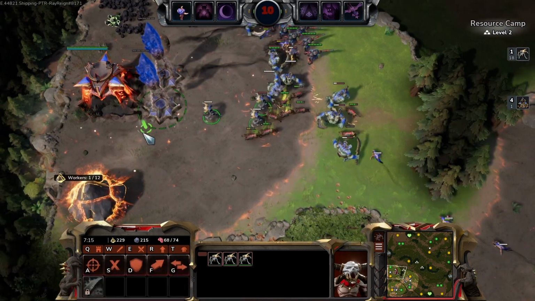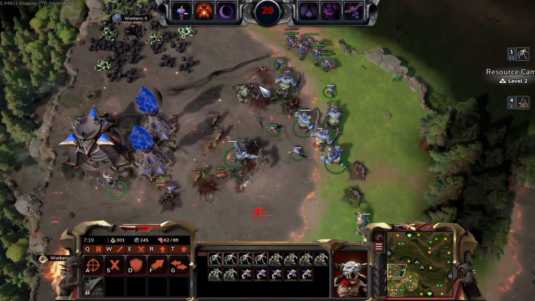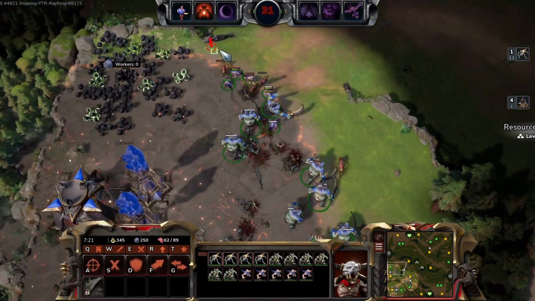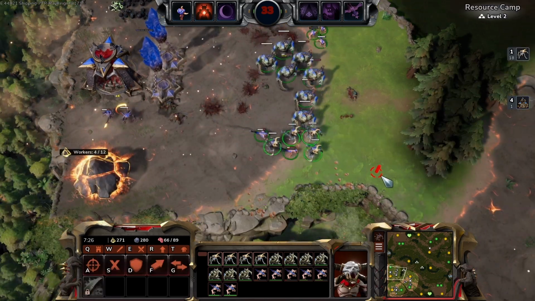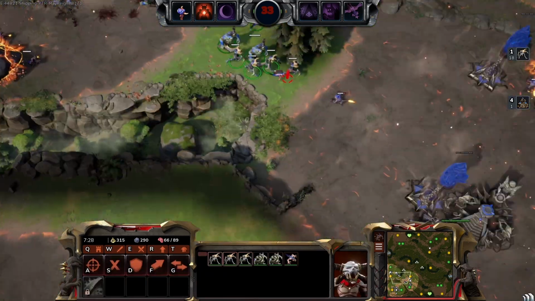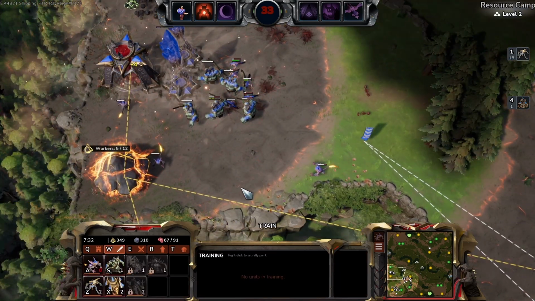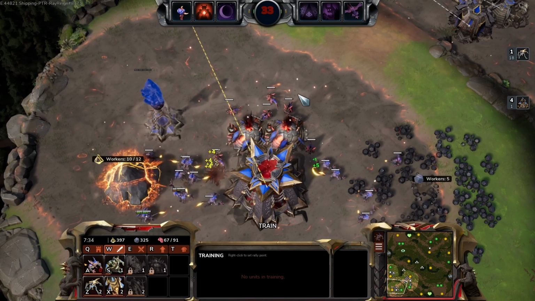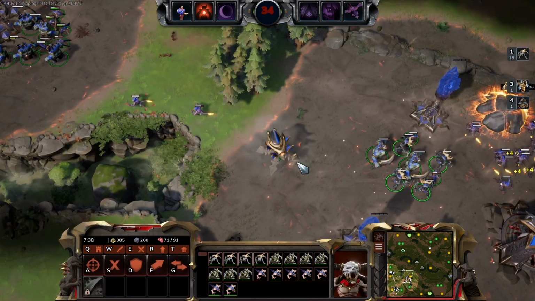So you want to micro your gaunts away from the dogs, as they're very squishy. But him running into my shroud stones and past my brutes is very costly for him, so I win that fight. But as I was saying, the research minerals, the Ethereum, you kind of want 5 workers onto it to...